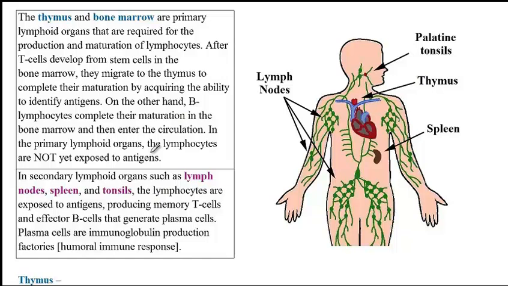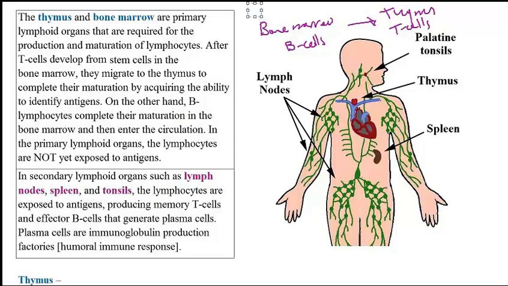So inside the bone marrow, T and B lymphocytes both are formed. B cells stay there until they mature, but T cells move to thymus. And inside there, T cells will mature. They are now ready to start an attack against an antigen, but since they are still not yet exposed in these organs, we refer to these organs as primary lymphoid organs, meaning that the antigen is not yet exposed to